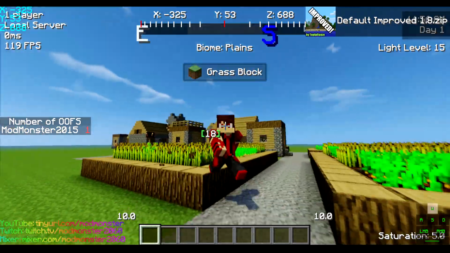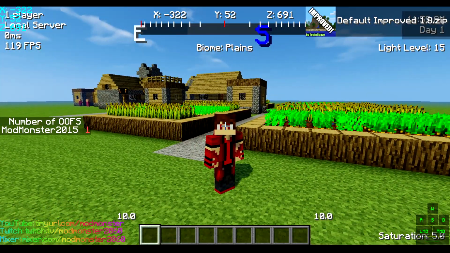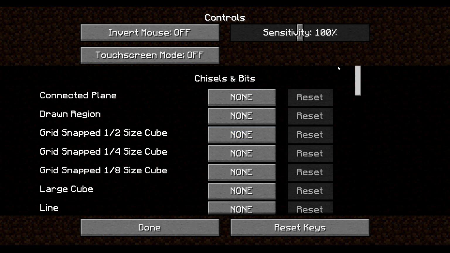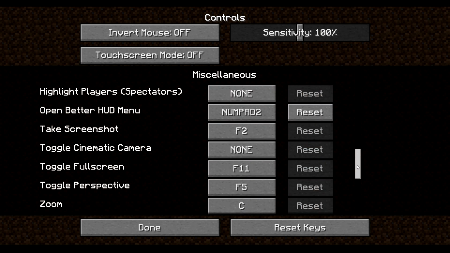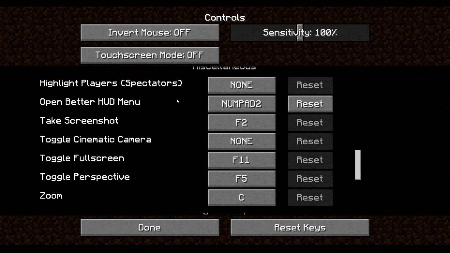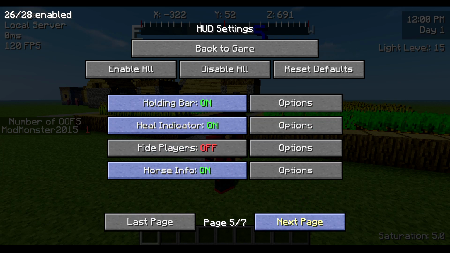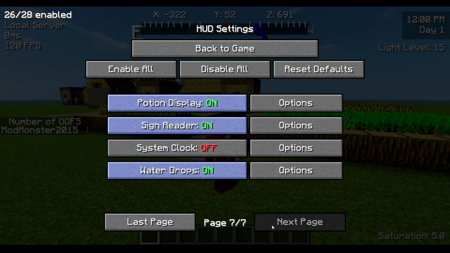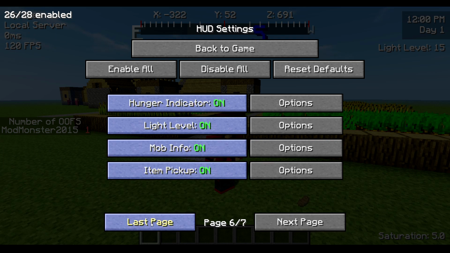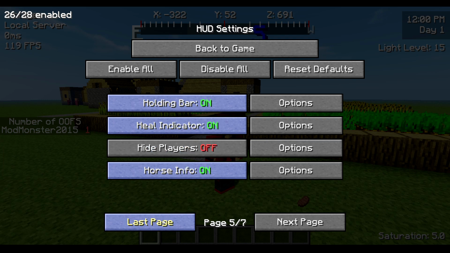To configure this awesome mod, click on the keybind that you have set in the miscellaneous section of your controls menu. I have it set to my number 2 button on my number pad, and here you can see the settings for all of the different elements that this mod has.